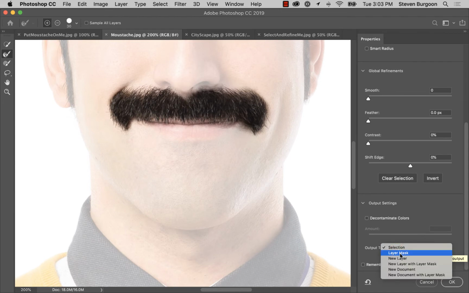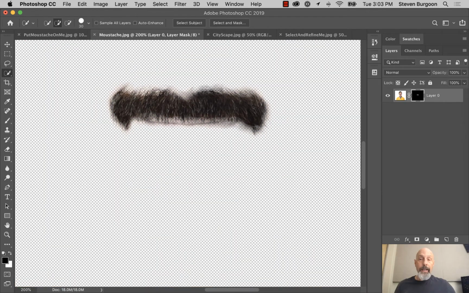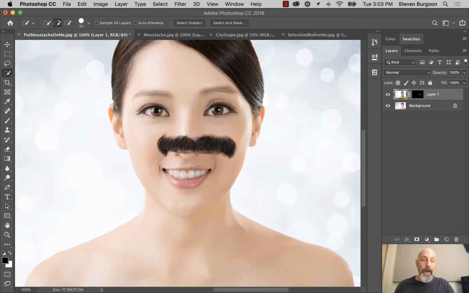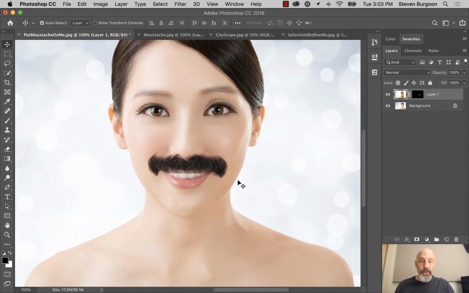I can output it to a layer mask, a new layer, etc. I'm going to output this to a layer mask. Click on that, then hit OK, and now notice that the select and mask mode created a layer mask based upon my selection. So I'm going to take this guy right here, drag the layer over to the document, drop it in there, grab the move tool, move that into position,